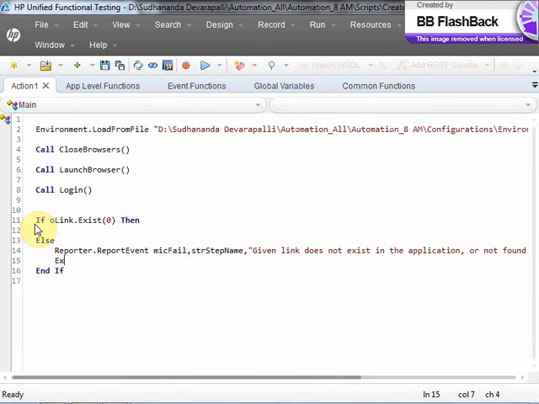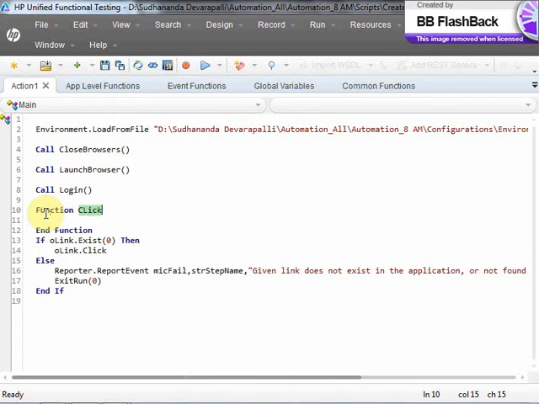So something like that, we are passing the report event. Then what you need to do here is oLink dot click, in case it exists, then